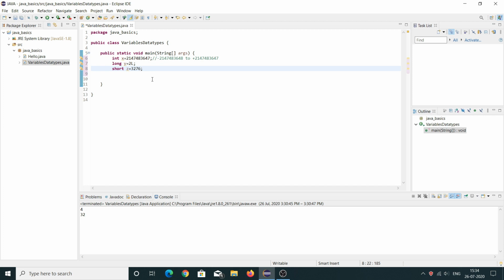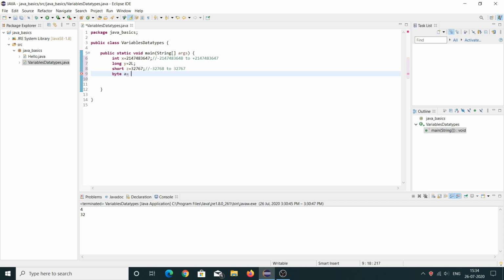If I write 68, it will give me an error, and that is type mismatch, cannot convert from int to short. So here type is mismatched, so we will put 7 here. So short stores 32767. So the range of short would be minus 32768 on the negative side to 32767 on the positive side. We also have another data type that stores even smaller values, that is called byte.